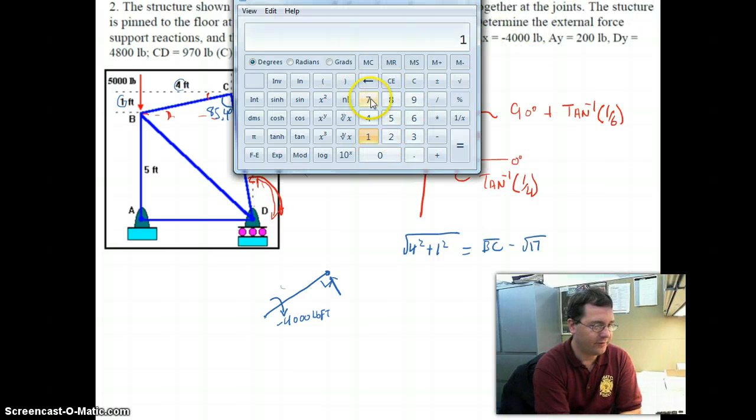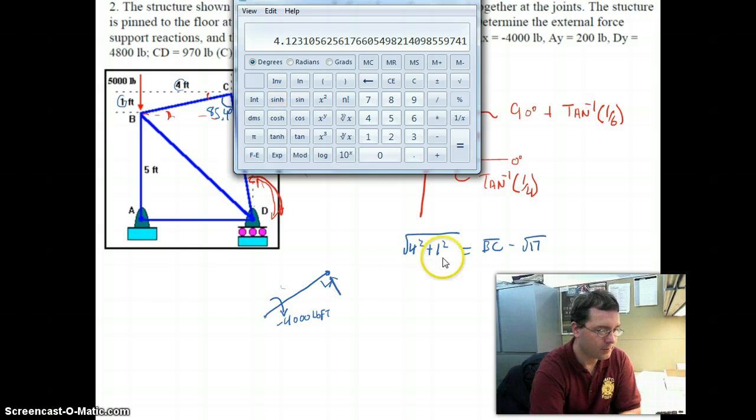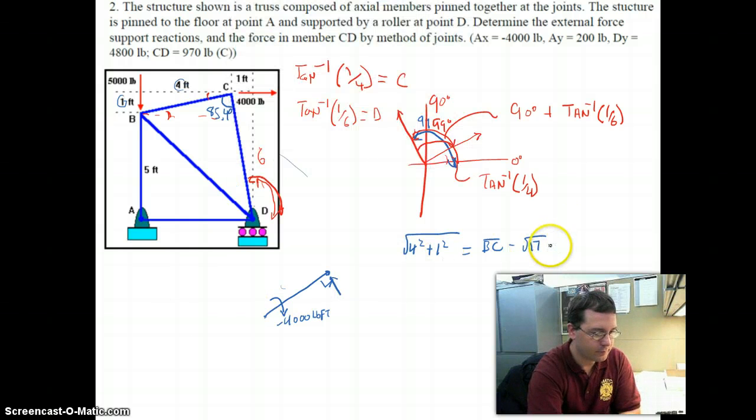If I take the square root of 17, I get about 4.12, which is reasonable. About 4.12. So if I start thinking about